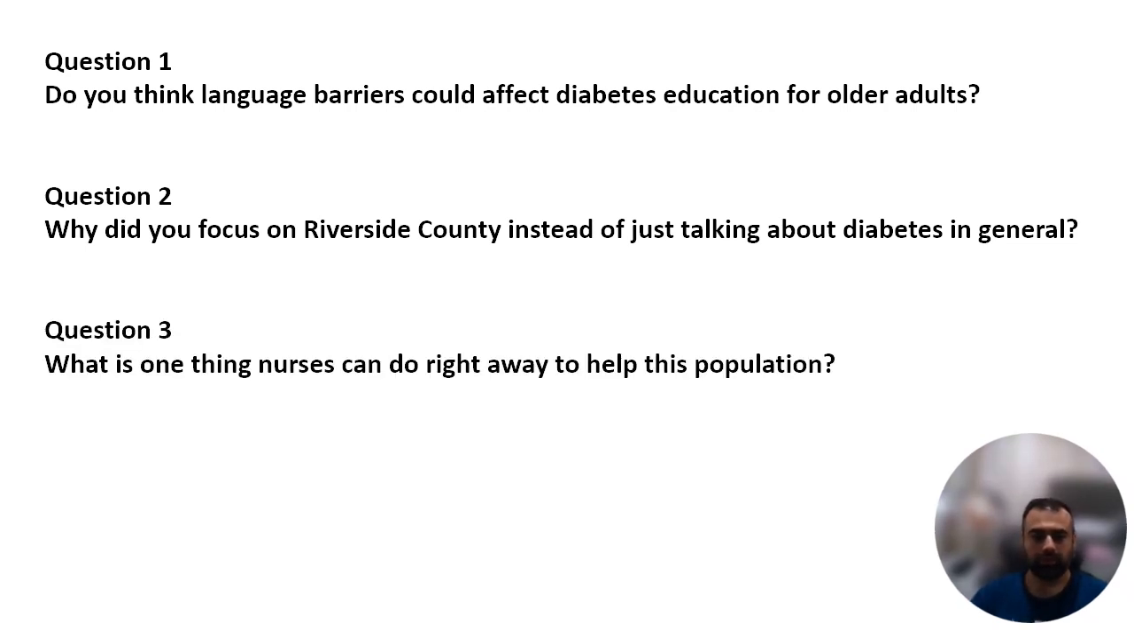For the last question, they asked me, what is the one thing nurses can do right away to help this population? I think one simple thing nurses can do is provide clear teaching and connect patients to resources. Even a short conversation about food choices, medications, glucose checks, or follow-up care can make a difference. I hope I answered all these questions well, and thank you so much for listening